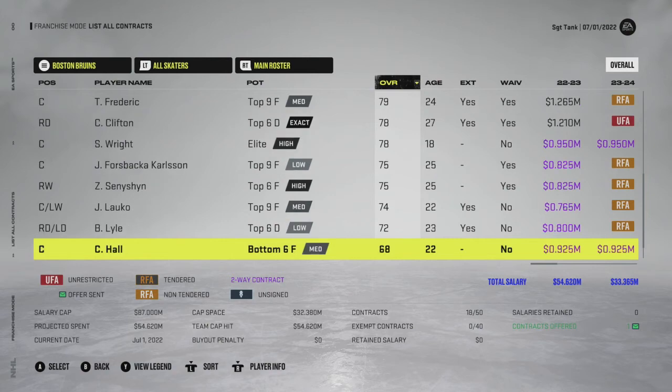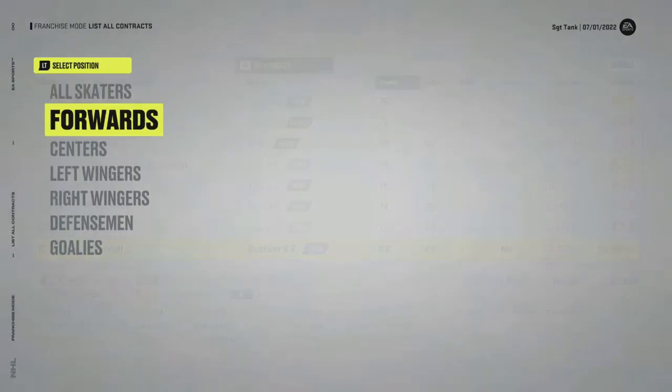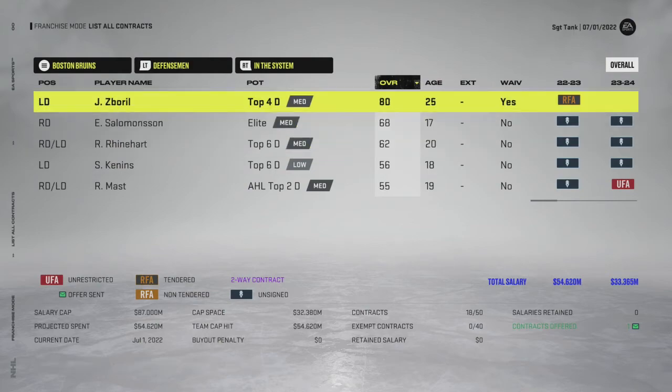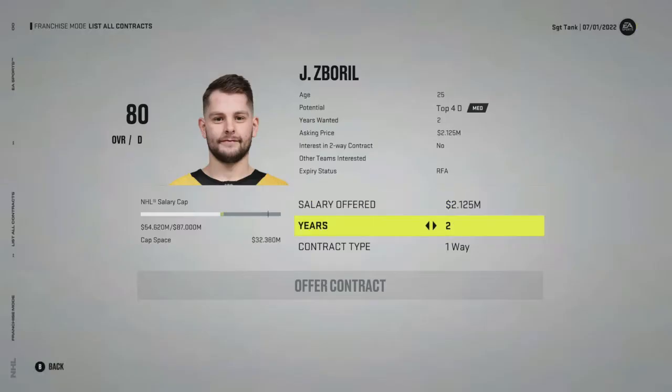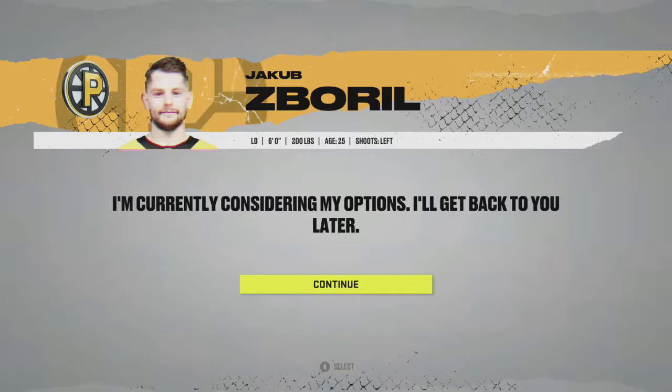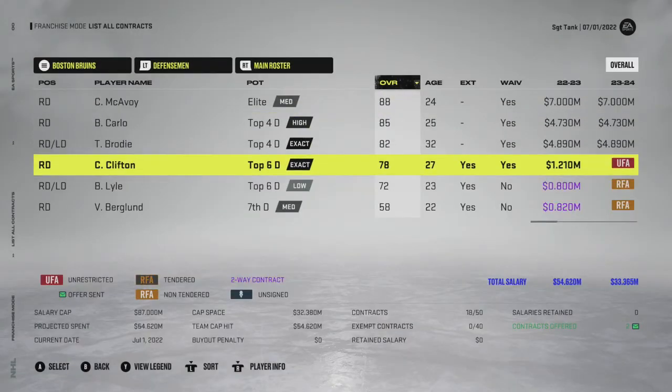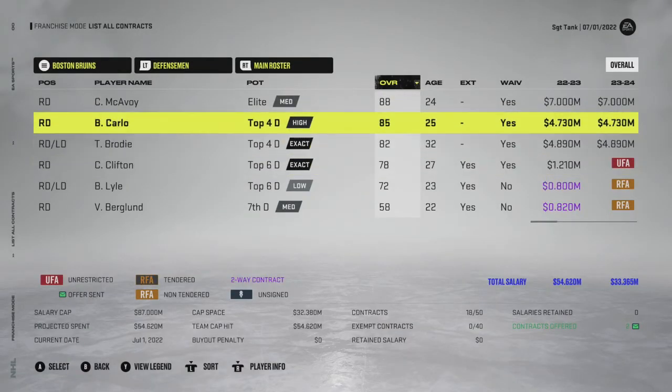And Zaboral is the other one, right? Defenseman in the system. Yeah, Zaboral here. Oh, we do have to sign him again. Okay. We'll give you 2 mil. You know, fine. I'll give you 2.2. There you go. So Zaboral and Brody are going to be the bottom line. So we need 2 defensemen. We need,